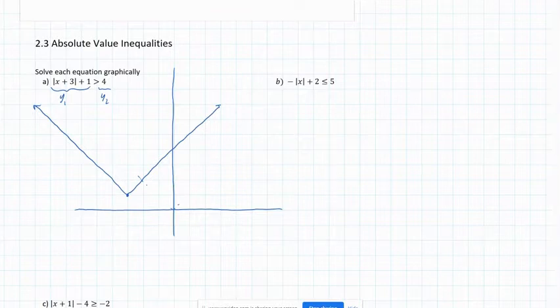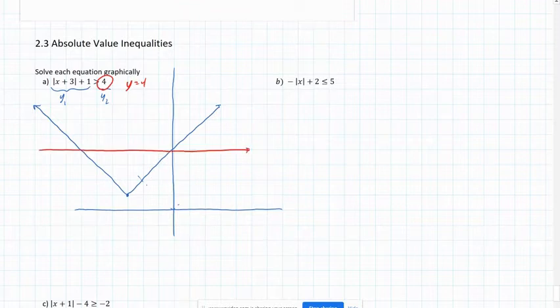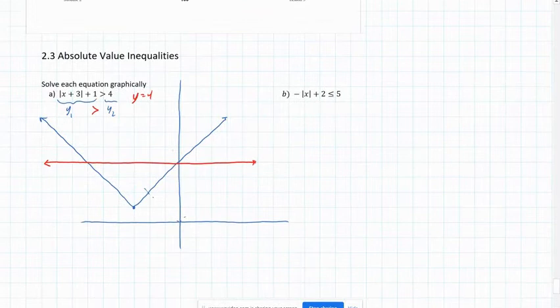And now the right side of the equation I'll graph in red. That's y equals 4. So y equals 4 would look like this. And we want to know, where is the left equation, the blue graph, where is it greater than the red graph? And so we're looking for the part of the blue graph that is above the red graph, and so that is